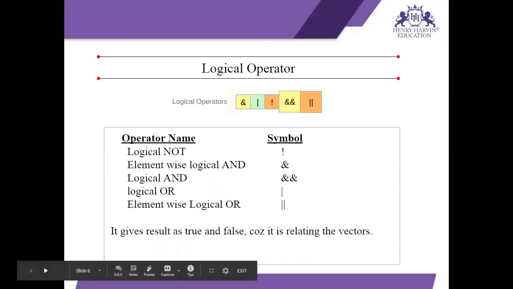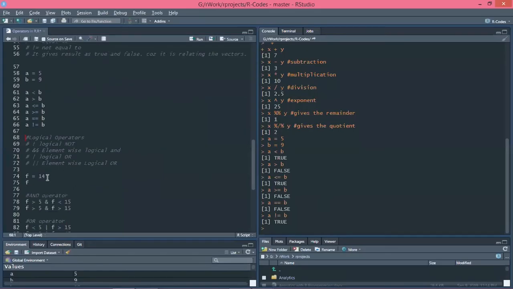So let's go to R and create some vectors and variables. I'm taking a variable here, f equal to 14. There are four kinds of logical operators we are using: logical not, element wise logical and, logical or, element wise logical or, and there is also a logical and. Let's go one by one.